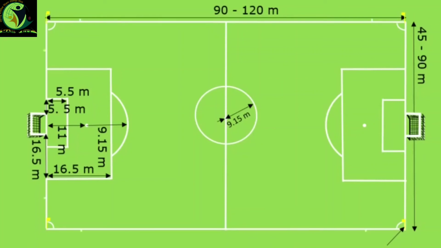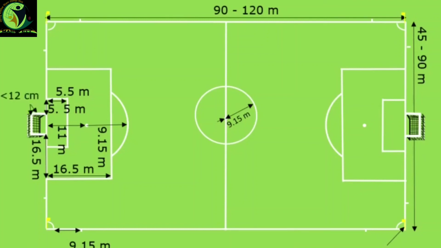As we said about the optional lines or optional points, there is an optional point at 9.15 meters from the arc, which is not compulsory or which we will not be discussing. The lines marked or drawn should not be broader than 12 centimeters as stated by international regulations.